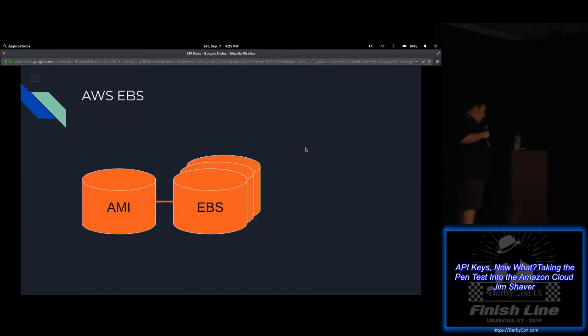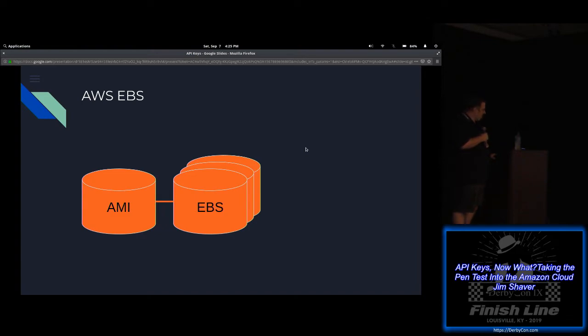All right, elastic block storage. Within AWS, there's a couple of ways that data is stored in EC2. If you have the base virtual machine image, that's called the AMI, Amazon Machine Image, I guess it is. And then you also have elastic block storage. That's basically, I need to have more hard drives connected to this VM, or I want to take snapshots, that type of thing. That's what elastic block storage is.